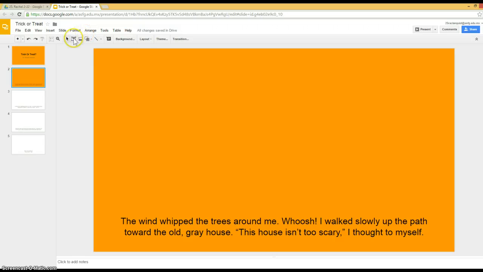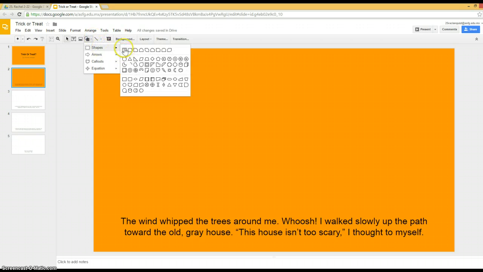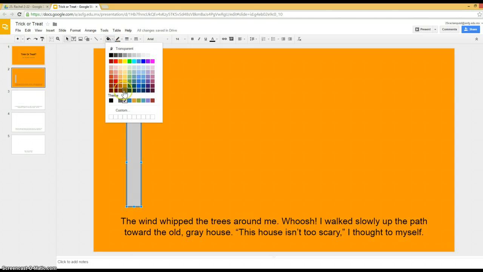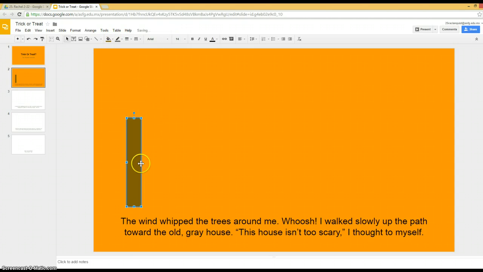So another tool I can use is I can go up to shape. I can click on shape and I can use different shapes to draw. So I might use a rectangle, and so here I've drawn my rectangle, and as soon as I draw my shape, I now have different tools up here. If I click fill color, I can make it kind of maybe like a brown color,